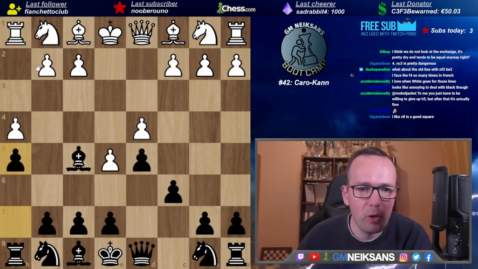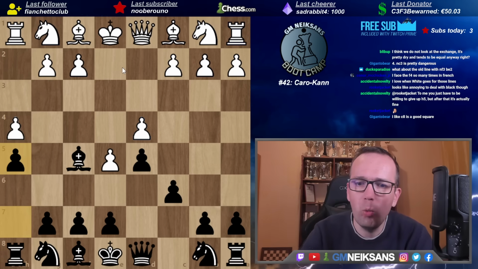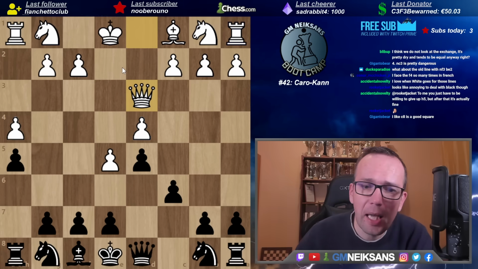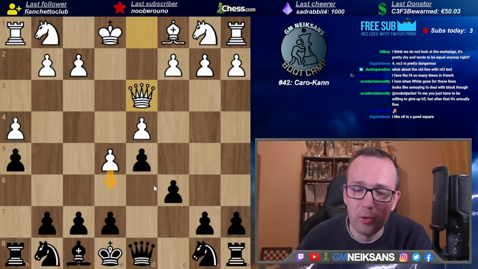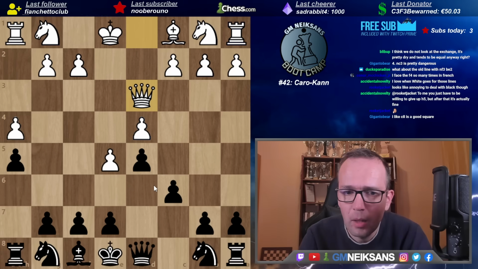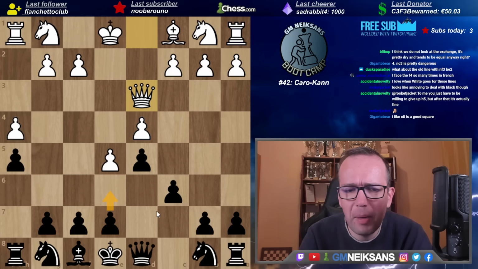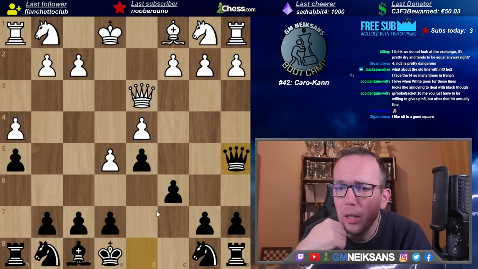And now there's obviously no g4. White typically plays bishop d3. We trade it. And again, remember, e6 is a big positional threat. You can also play e6 immediately. Maybe it doesn't matter much, but there's this